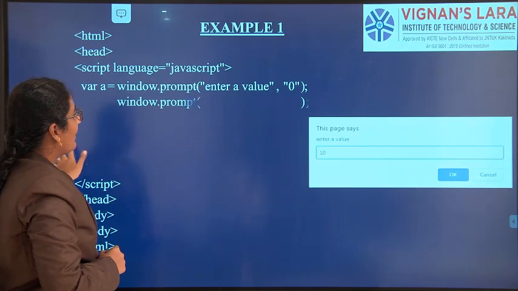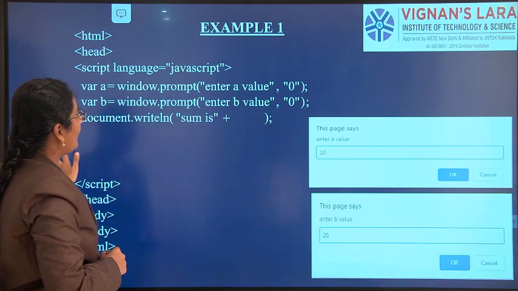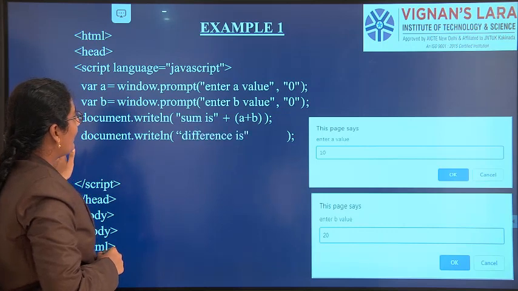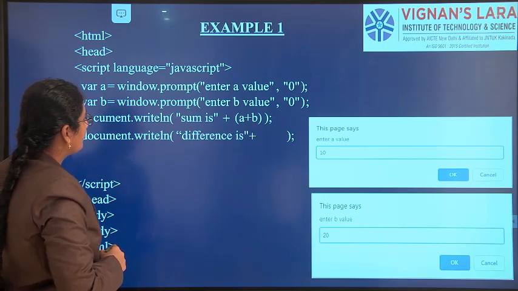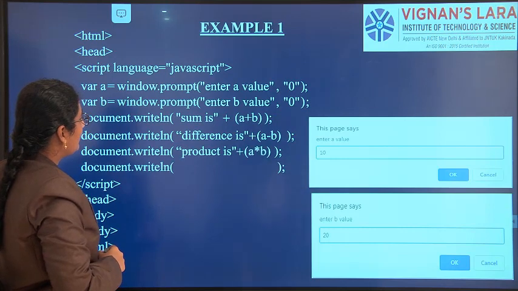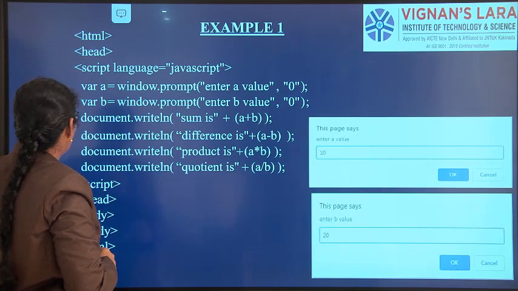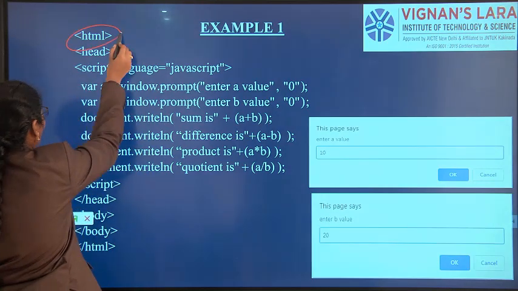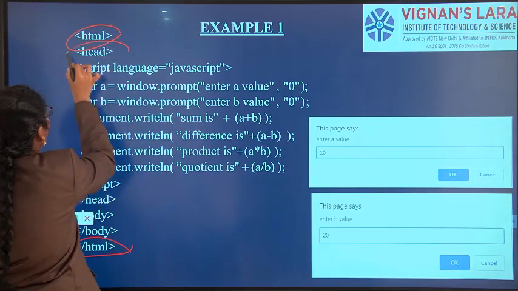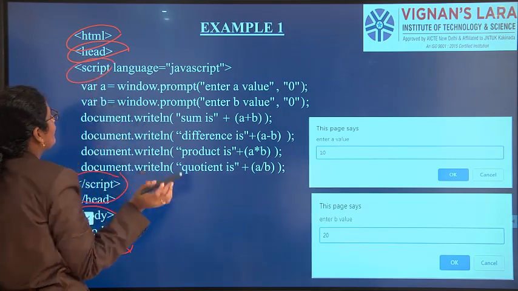Next, we are seeing an example for prompt. I have taken two variables A and B. I am adding A and B and storing the value, and I am performing difference, product, division. HTML open, HTML close, head close, body close, script open, script close, all these you know.